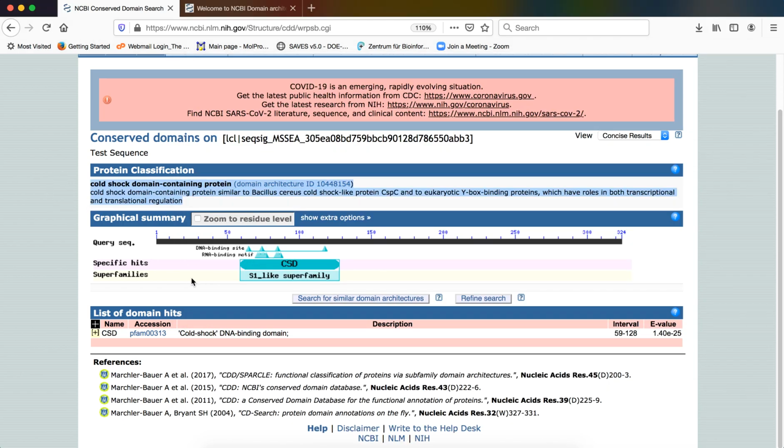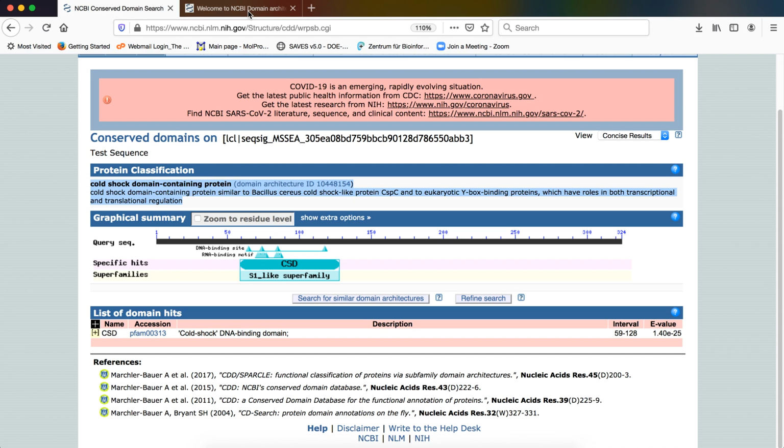Apart from that, we can also take a screenshot of this graphical summary for later use. We can copy that screenshot and directly paste it in the file which we are populating our data with.